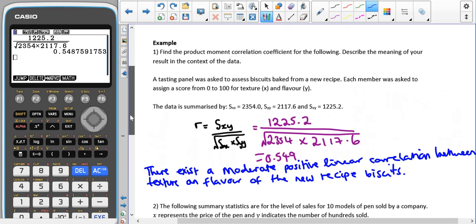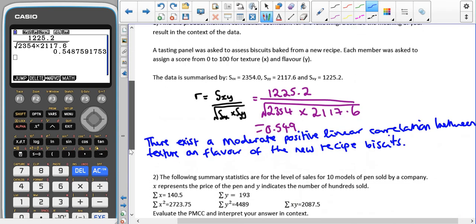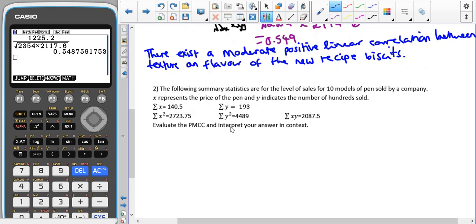So if we have a look back at the top, these formulas appear in this end one here, okay? Here we have the X minus X bars. We don't have those given to us though, so it's going to be this formula here that we use, which is the last one. So that means that we're using the sum of XY minus the sum of X times the sum of Y over N divided by